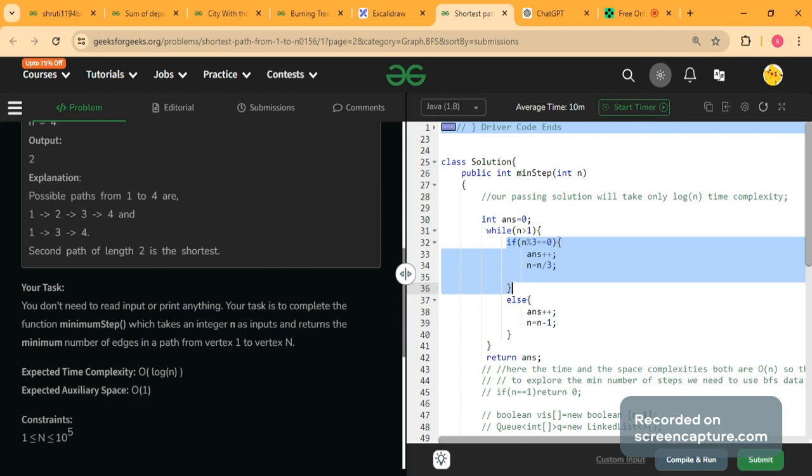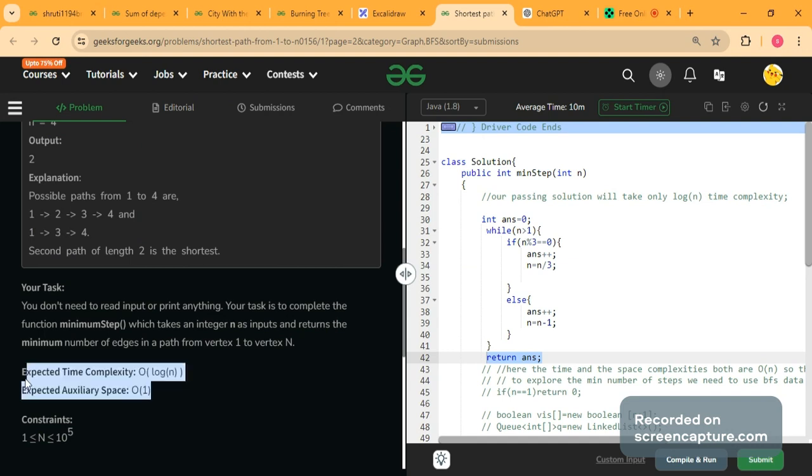If it's not divisible by 3, then I will simply increase my answer count and decrease the value of n by 1, and at last I will return the answer. So this is the code, and it is within the time complexity and the space complexity.